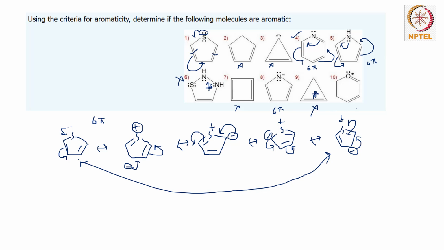And similarly for this one, it is similar to pyridine. The oxygen lone pair will not get involved. Only the 6 pi electrons will move around, so this is also aromatic. So the answer is 1, 4, 5,